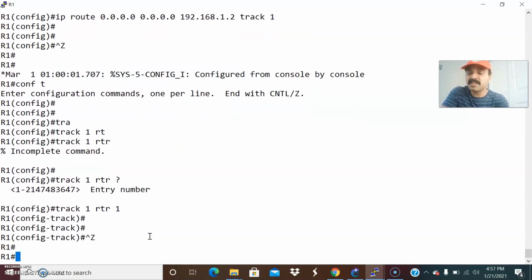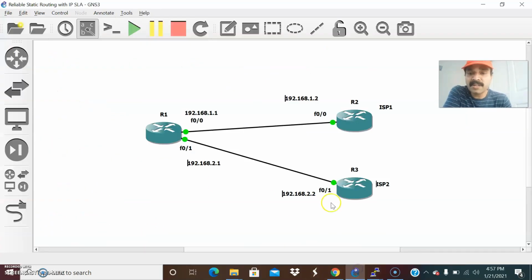So that's the interface I given. So what will happen? After configuring this command, if this interface goes down, automatically what happens? This should switch over to this interface. That means the static route will immediately point to this interface, because this route I gave as administrative distance 1 and this I gave the route as 2. So always the lowest will be preferred, and in case this goes down, automatically it should switch over because I already configured the track command also.